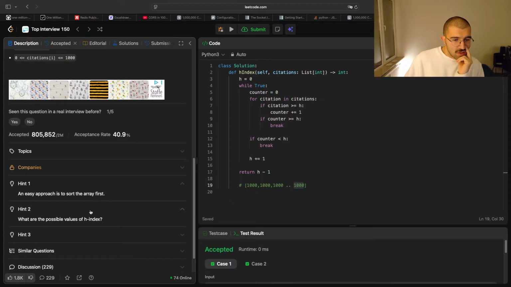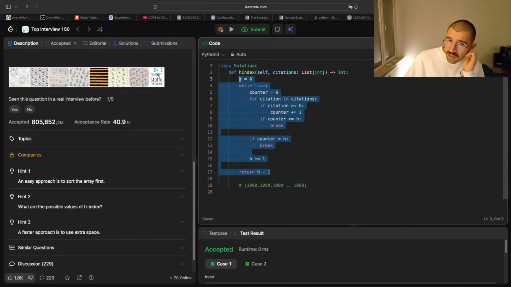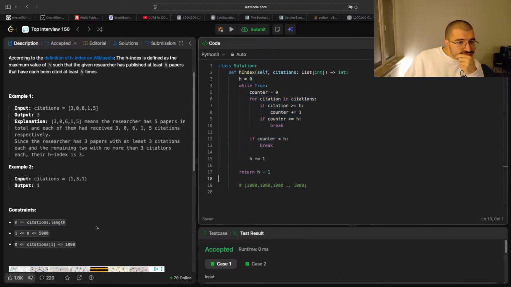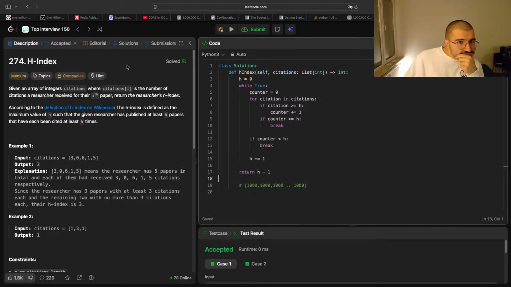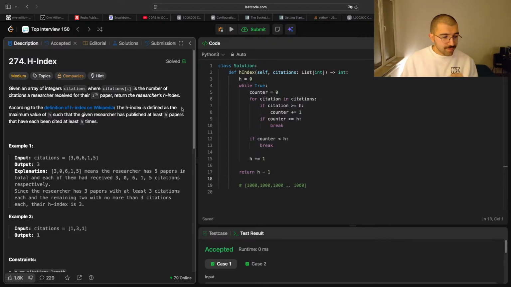What are the possible values of... Huh. Extra space. As you see, I didn't use any extra space, but